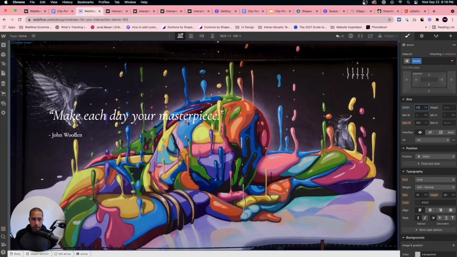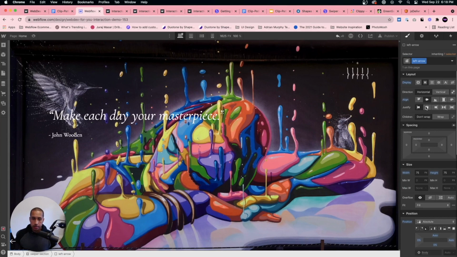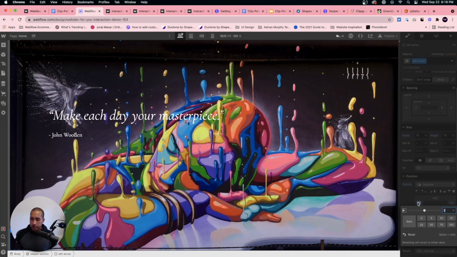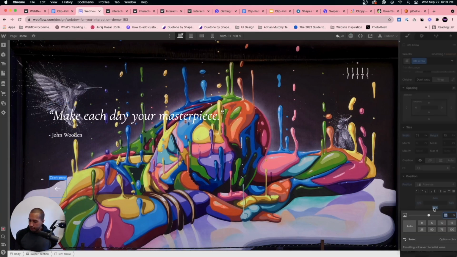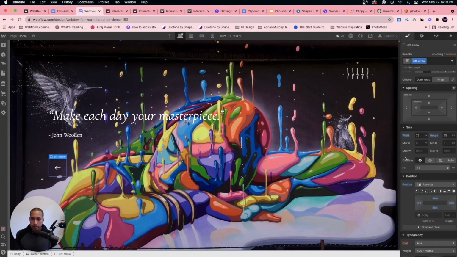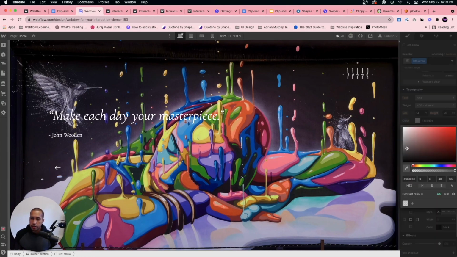For the left arrow, I'm also going to set a position of flex, center, center, so that arrow is right in the center. And for the left arrow, I'm going to set the position 10% from the left, so it aligns with this text here on the left. And for the bottom, I'm going to say 25%, or maybe 45%. Nope, that's too much. How about 35? Yeah, 35 looks good. I'm also going to give it a radius of 50% and a background color of something like,